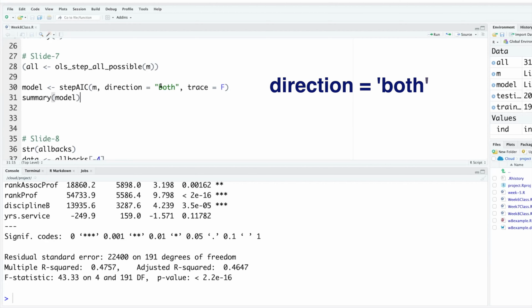And when the direction we say is both, it becomes a combination of the forward method and backward method. This also starts with no predictors, and then one by one keeps on adding the most contributing independent variable to the model. After adding each new variable, it removes any variable that is no longer providing any improvement to the model. That way, it is a combination of both.